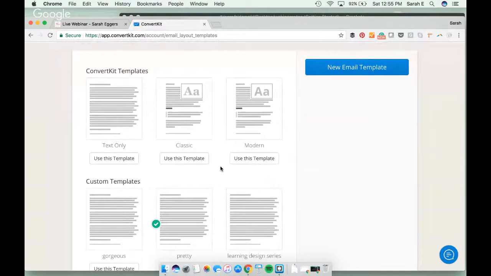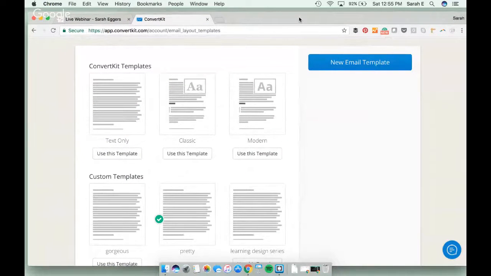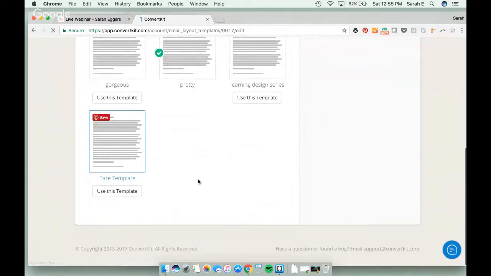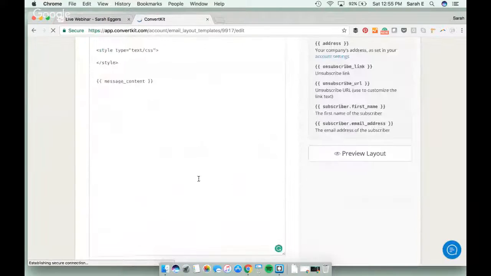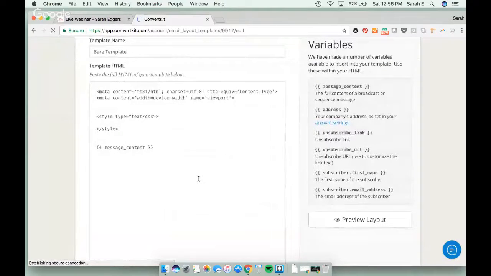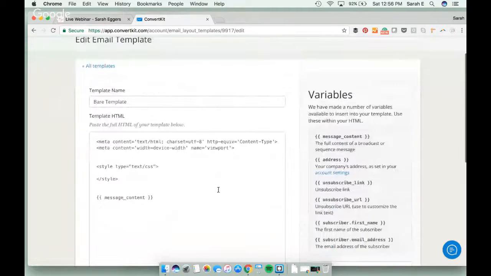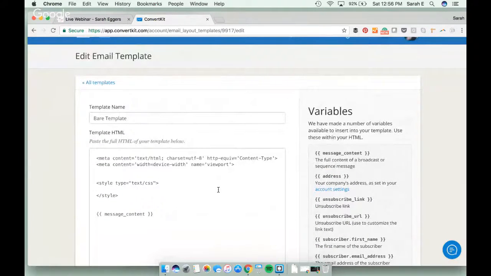I just wanted to pop in early to give people who are just logging in a reminder. You should already log into your ConvertKit account and you should already create a template. Now, mine is literally bare bones, the least amount of stuff you can have in it. Some of you followed the instructions in ConvertKit and you will already have a lot of the formatting in there. That's completely fine. It'll be a little bit easier for you because you'll be changing some stuff that they already